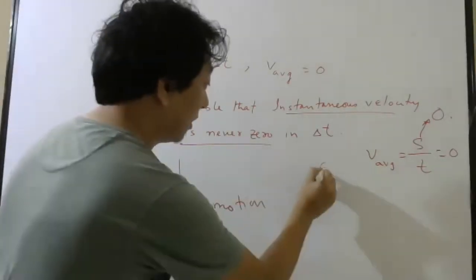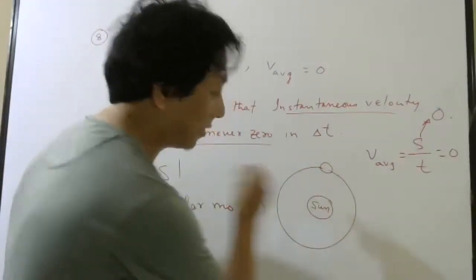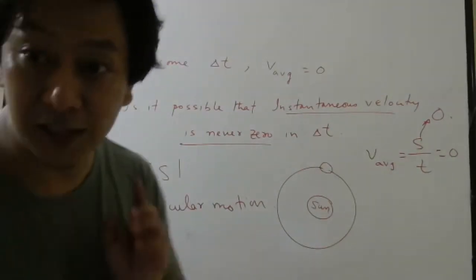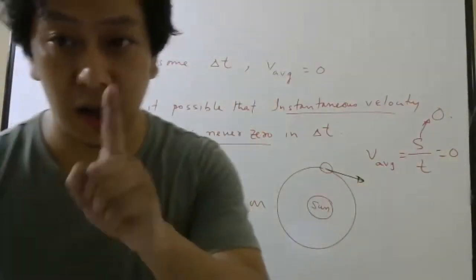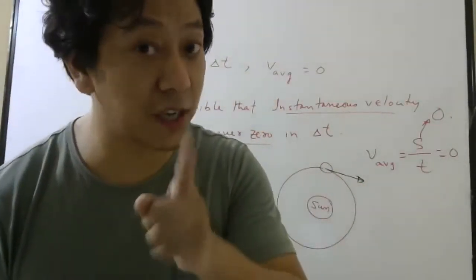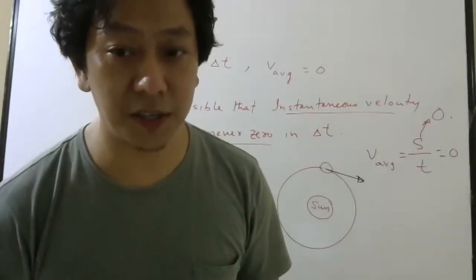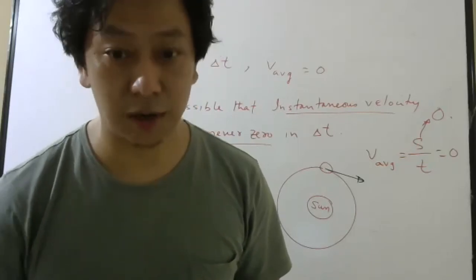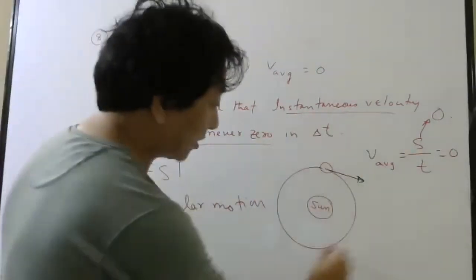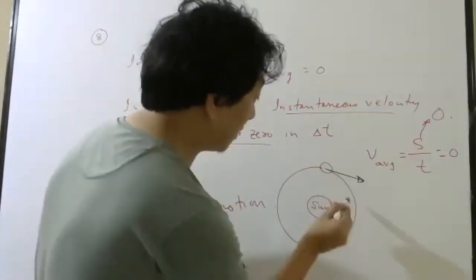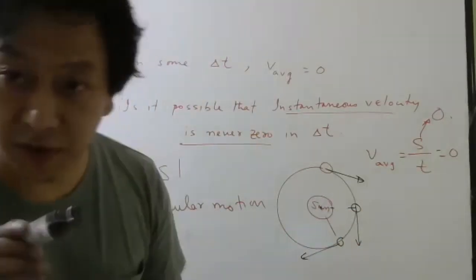For example, look here. When Earth is going around the sun, every time it is moving or not? When it is here, it is moving this side. I told all of you how to draw direction of instantaneous velocity. How to draw? Draw tangent to the path. But you have to mention a tangent to the path. So if this is the circular path, this is the direction of instantaneous velocity. See, never it will be 0. Velocity is never 0.